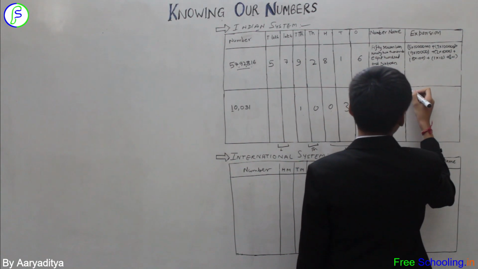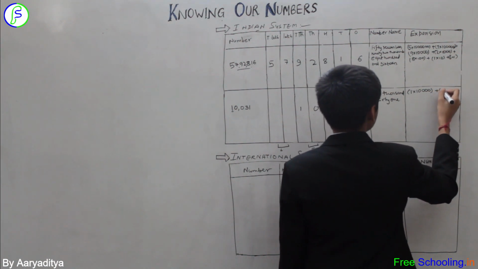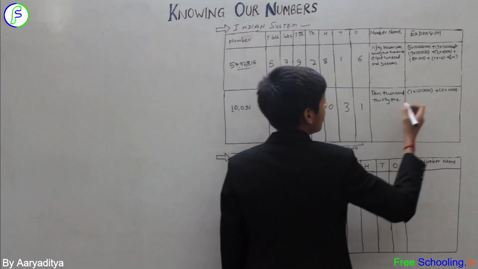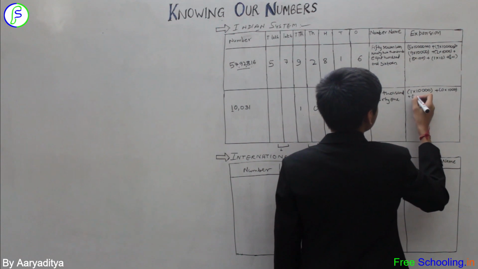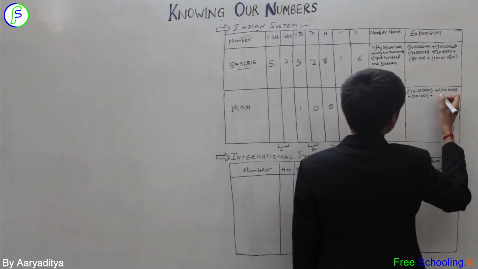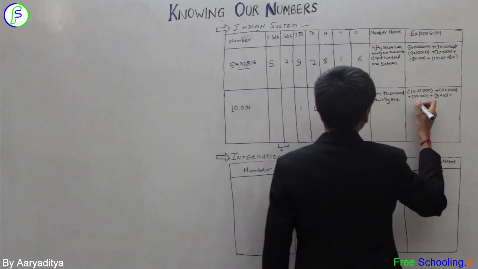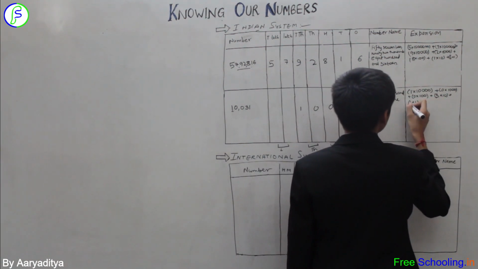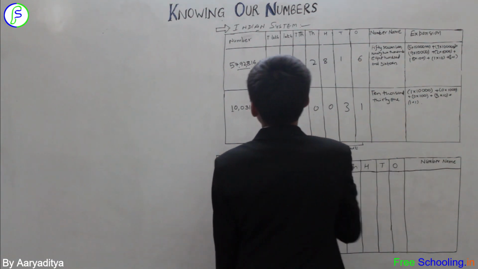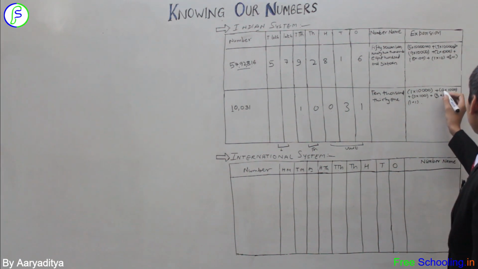We can see at the 10,000 place, multiplying 1 with 10,000, adding 0 into 1000, place value of 0, and then again adding 0 into 100, place value of 0 at 100, and then adding 3 into 10, place value of 3 at tens, and finally 1 into 1, place value of 1. So this is the expansion. As I have already told you, if you simplify that, you would be getting the number that is given to us.